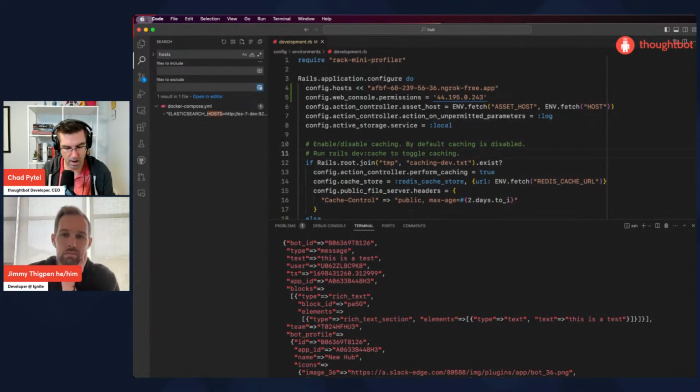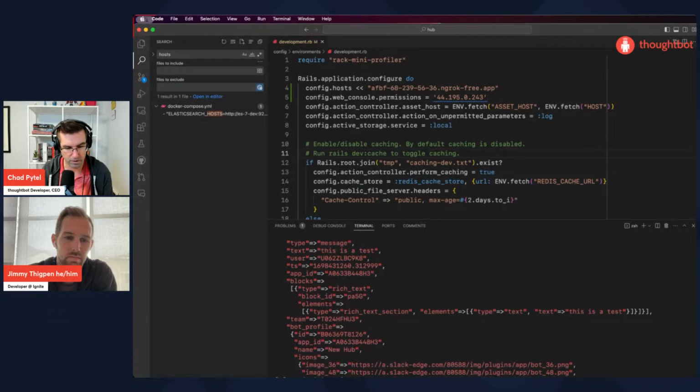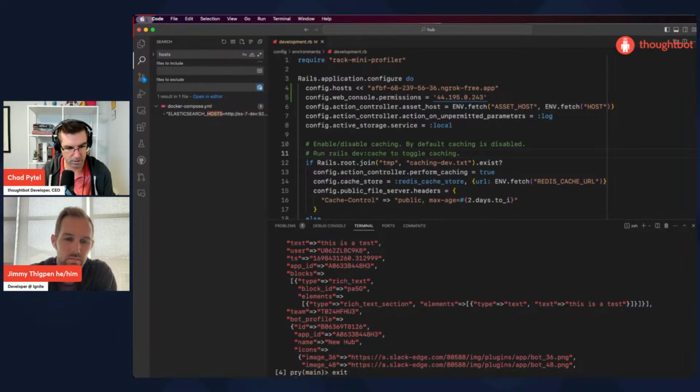So I will want to write a spec for the controller eventually, but since what we're actually trying to do is just log the results, let's just add the controller. So we'll make app controllers Slack directory. We'll touch app controllers Slack events controller.